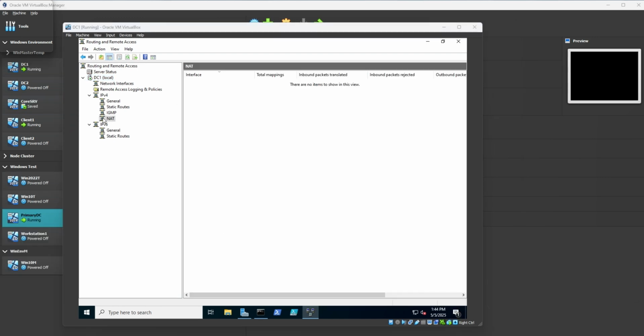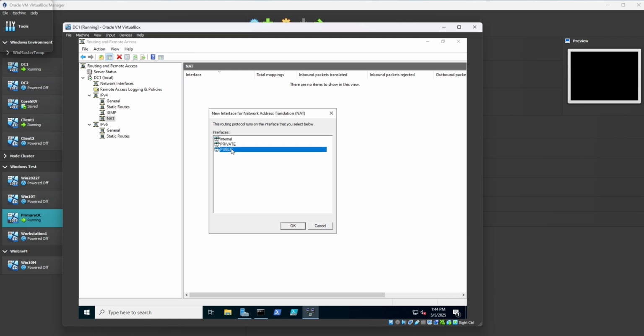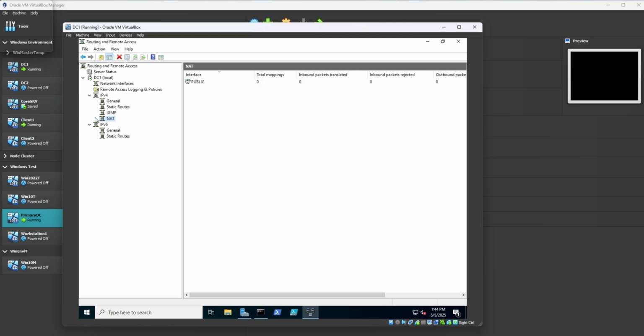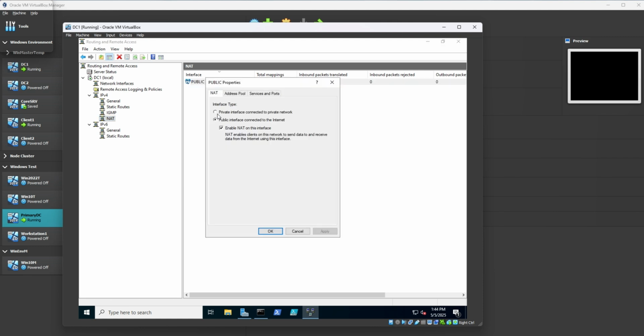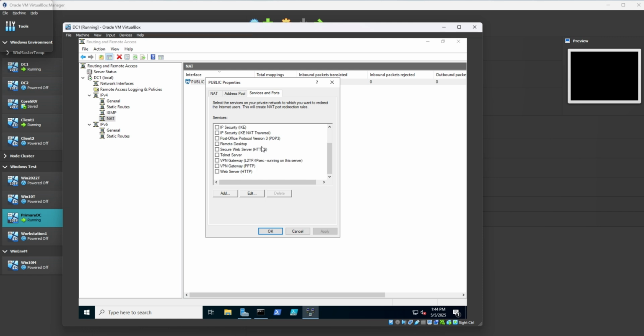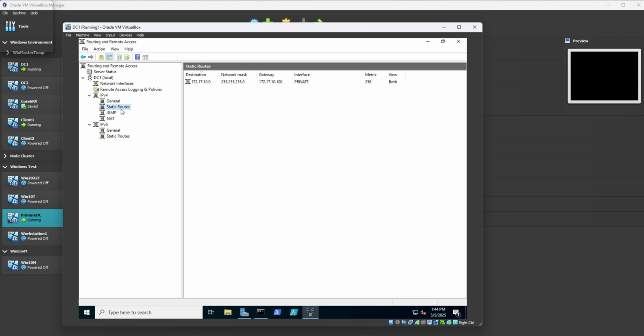All right. So next one would be, we're going to right click NAT, new interface, click on public, click OK, click public here, enable NAT on the interface, click apply, click OK, and let's see the public here. I'm going to make sure the properties, the address pool, we don't need it. I just want to make sure that, okay, that's great. Now the static routes, we already created that. So we're good with,